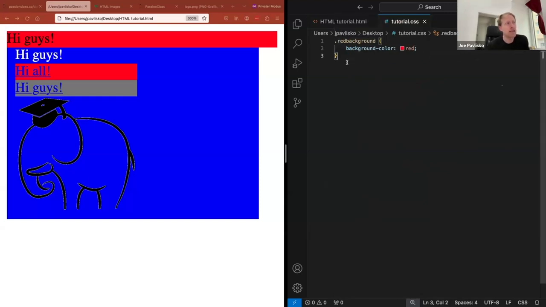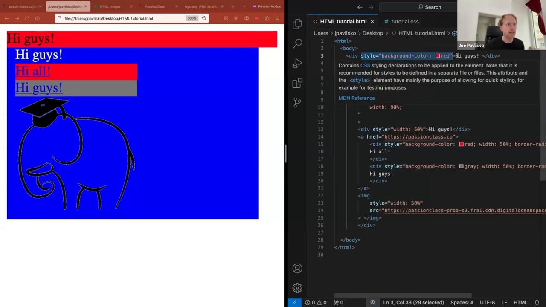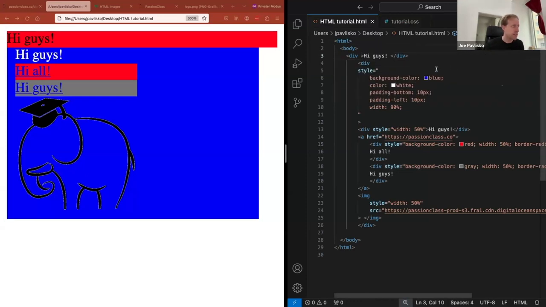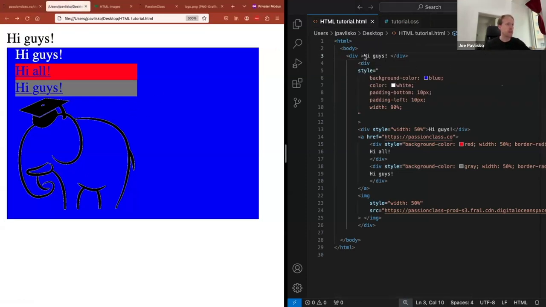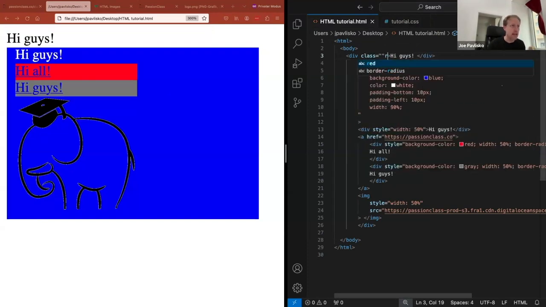So that's everything that has a class name, and that's what this dot signifies. A class name of red background will have this property applied to it. So let's come over here and get rid of the style red background. Save this, refresh. That red background goes away. Now I add the style, excuse me, not the style property, the class property of red background,